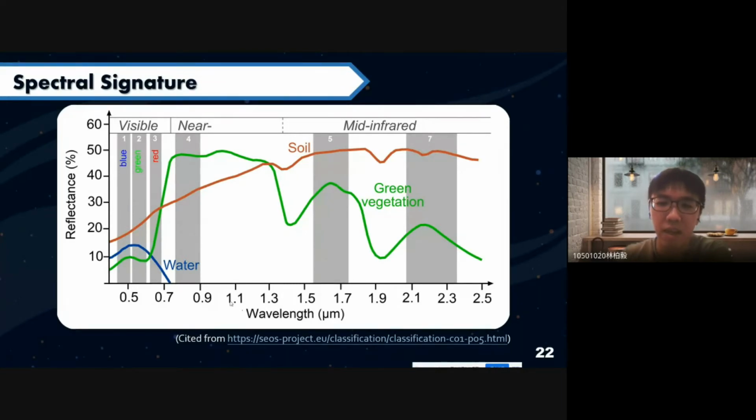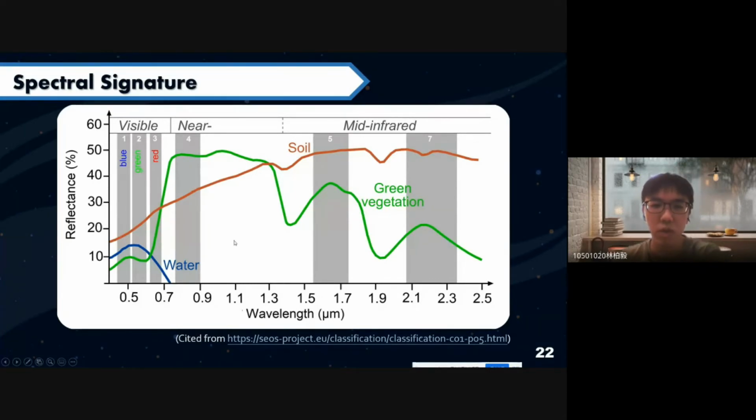The vegetation has its own signature, soil has its own signature, and water has its own signature. The pattern for water is going up and going down around the visible band. And the vegetation will be high in the green band, and then lower, and then extremely high in the near infrared.